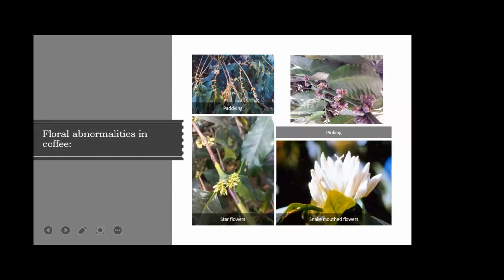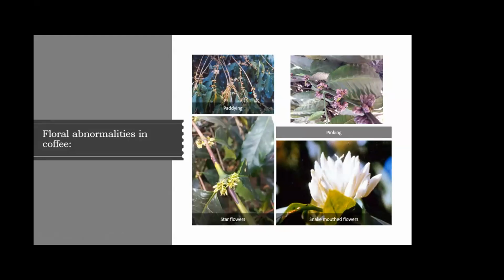After elongation, it will go under the dormant stage, and whenever you give the irrigations, it will move. Later on, if you find any stress conditions, this flower move will turn into pink colors. Later on, it will drop off. So second thing is the snake mouth flowers. Whenever the insufficient